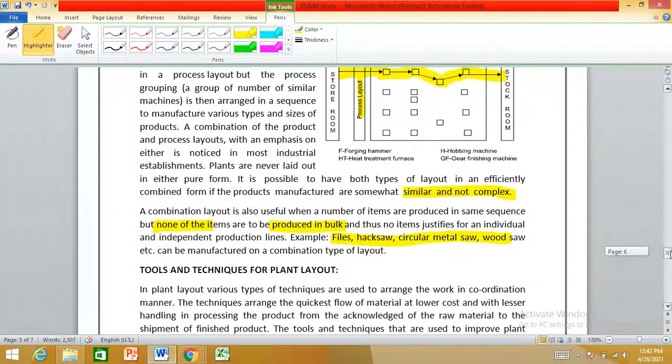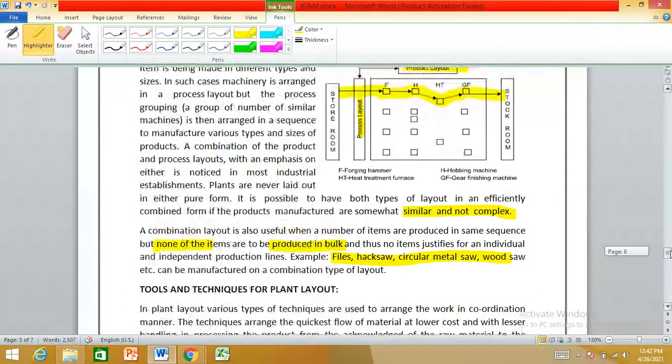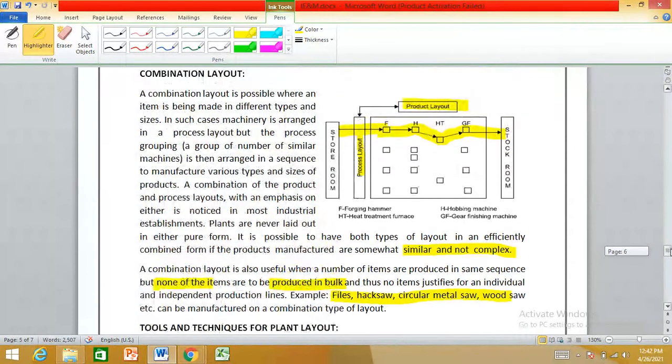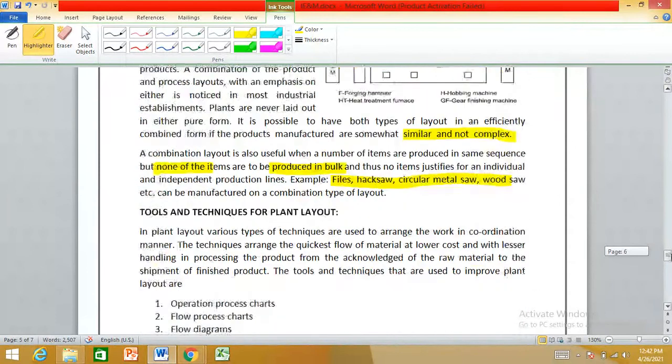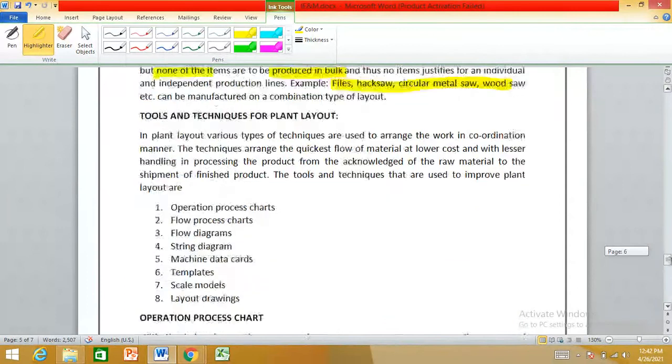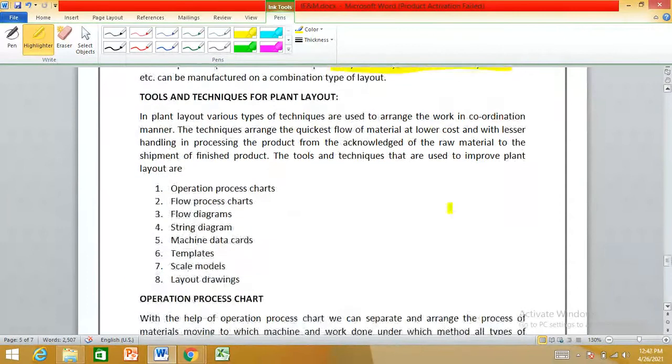After combination layout, what we have in our course is tools and techniques for plant layout. Which tools and techniques do we generally use to perform plant layout? In plant layout, various types of tools are used. In order to improve our plant layout, we need to improve those different types of tools.